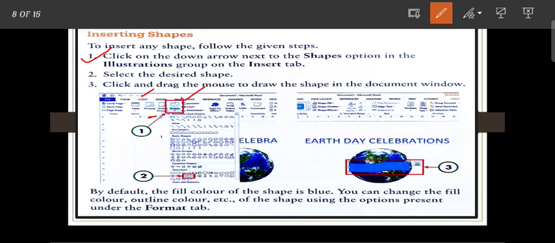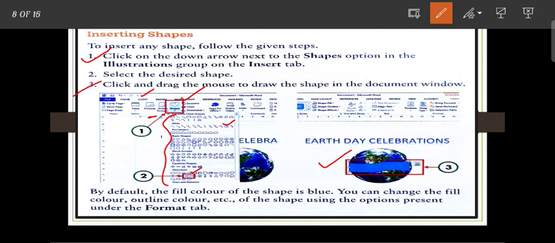When you click on the Shapes option, there are different types of shapes available in Word 2016. So you need to select from these suggestions, from this drop-down list, as per your requirement or choice. This shape has been selected, and here you can see.